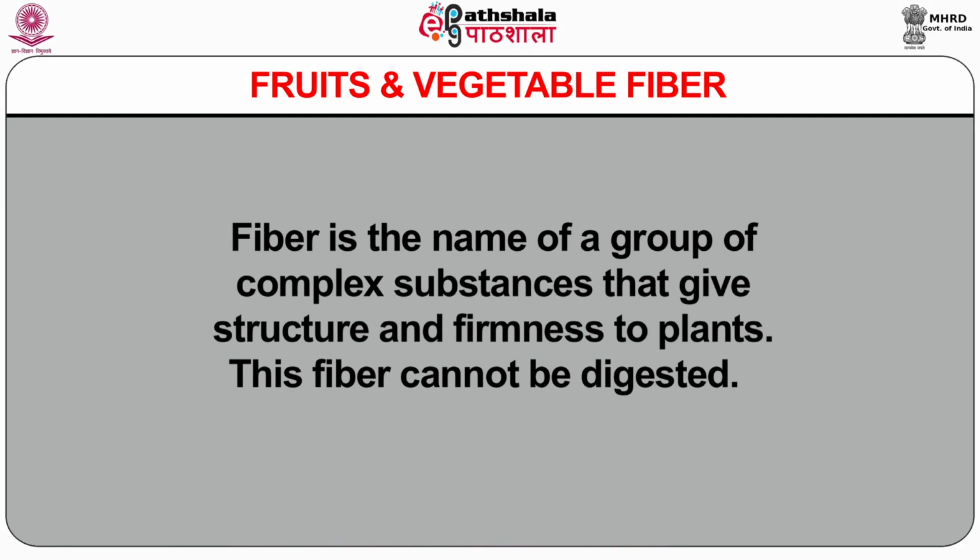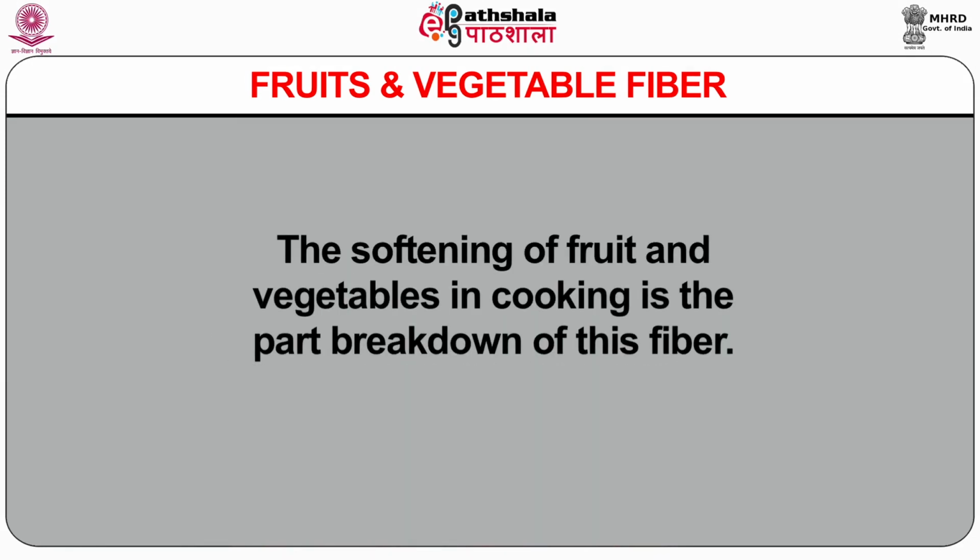Fruits and vegetables. Fiber. Fiber is the name of a group of complex substances that give structure and firmness to plants. This fiber cannot be digested. The softening of fruit and vegetables in cooking is the partial breakdown of this fiber. Sugar makes fiber more firm. Fruits cooked in sugar remain more firm. Baking soda and other alkalis make fiber softer. Vegetables should not be cooked with baking soda because they become mushy and also lose their color and the vitamin